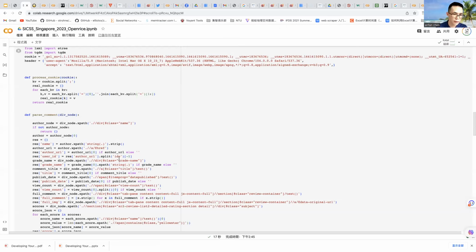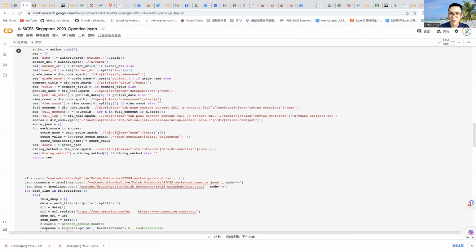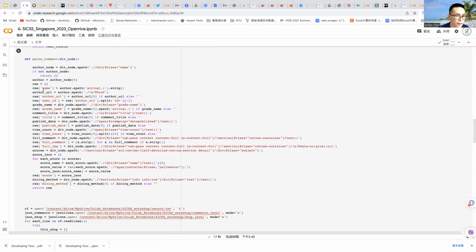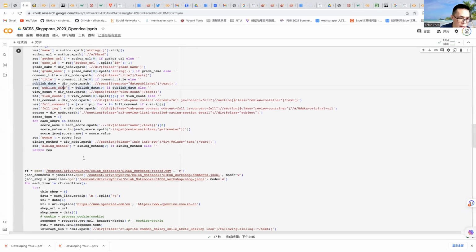So this is the scenario. This code scrapes the name of the author, the URL, because every review is generated by an author of OpenRice, and you may want to get the user ID and the grade name, the title, the review published date, the view count, the full comment and the full image, because the review often comes together with some images, and the dining method.